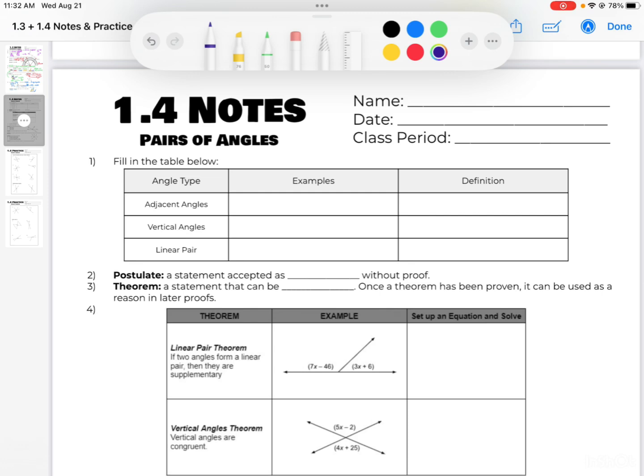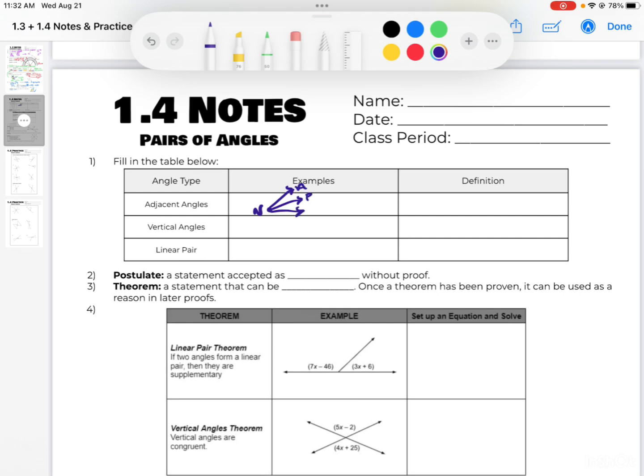So the first thing, we need to talk about three special types of angles or pairs of angles: adjacent angles, vertical angles, and what's called a linear pair. And so this whole table is in your notes and it's completed, but really quickly, I'm just going to sketch this out. Adjacent angles are angles that are